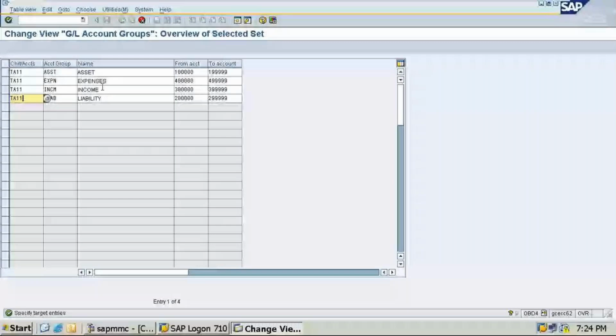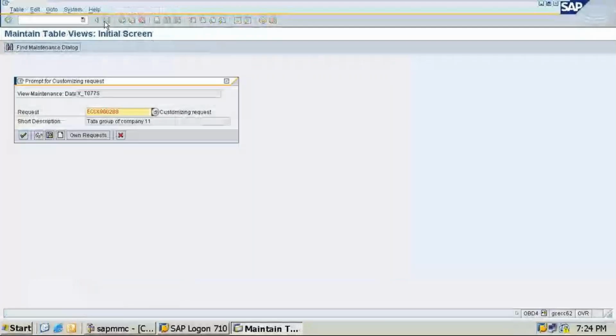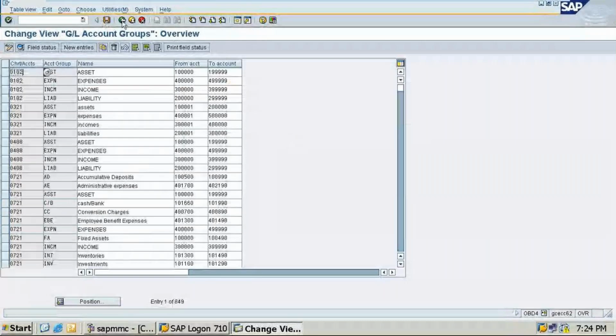You have to press enter. Click on save. Save with the company. So once it has been saved, students, accounts group has been saved. Click on the positions. Check out that. So it has been created.